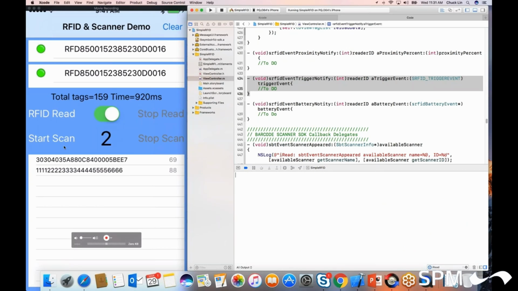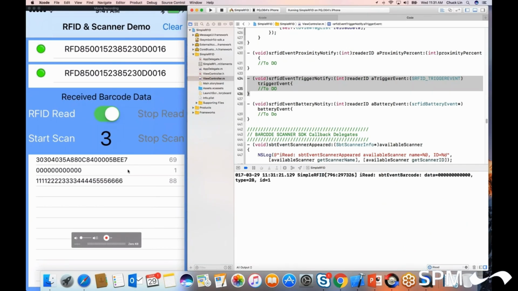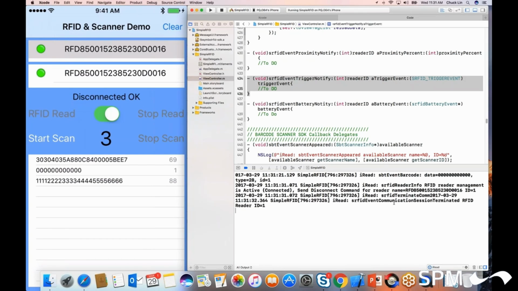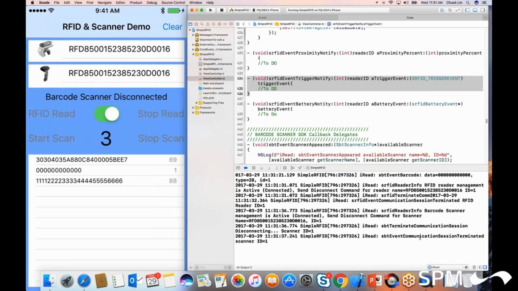Let's do the barcode scanning one more time. You'll receive a barcode scanning data event. And let's do disconnect. You'll receive a communication session terminate event, and we'll receive a barcode scanner communication session terminated event. Right now we have an overview of what the application can do, and we'll write code to implement all 5 steps. First, I'll show you how to initialize, and second, I'll show you how to